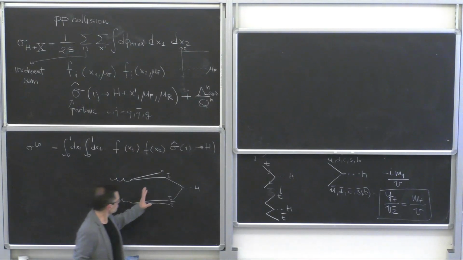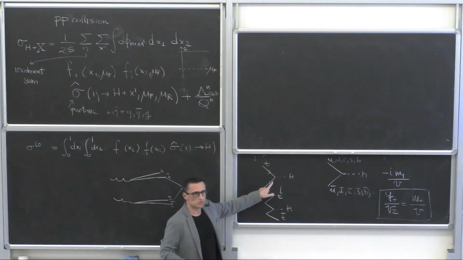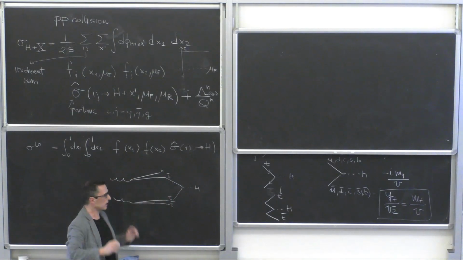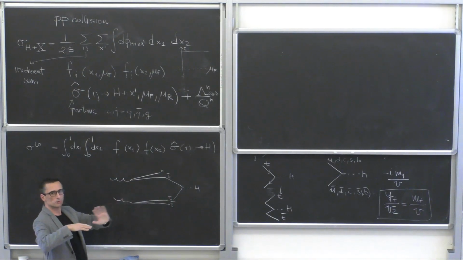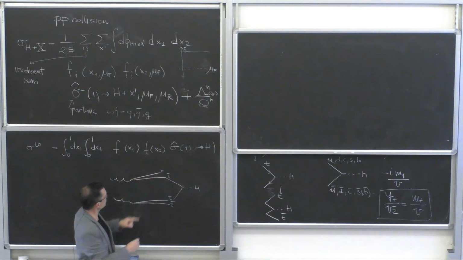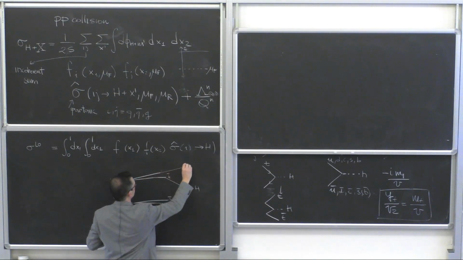This will be the picture that we have in mind when we write this one. Then the other two tops go collinear, right? And I don't see them. I have to integrate them out in the PDF. But this process, at the end, you see what it is, right? Is really